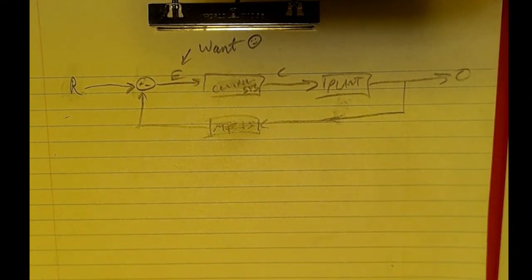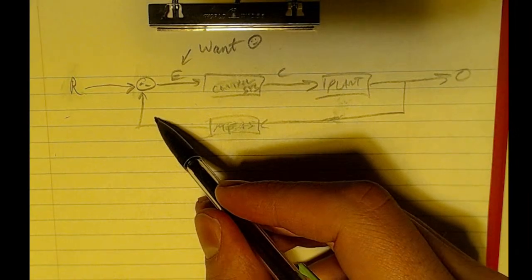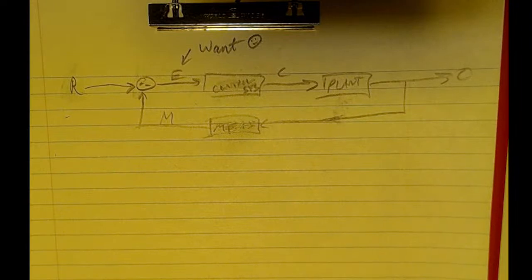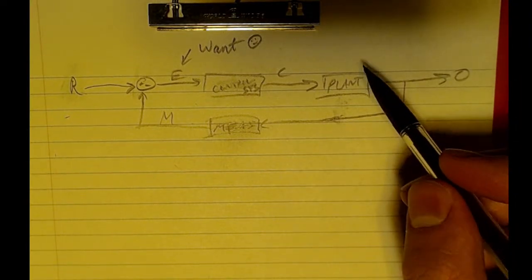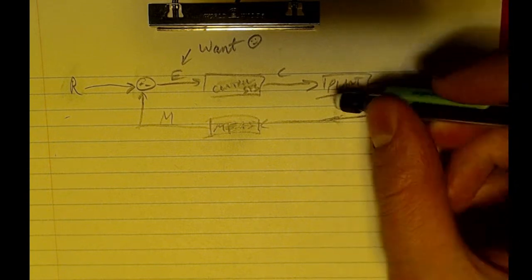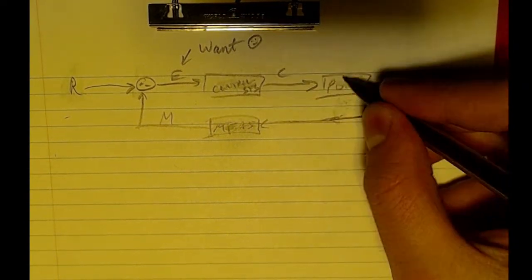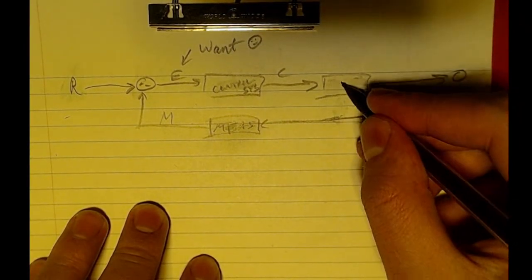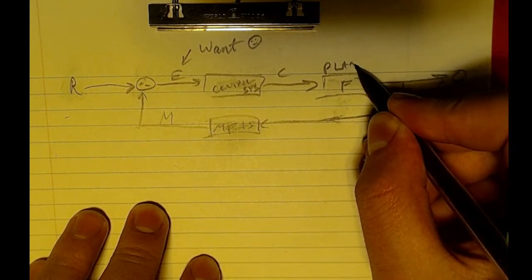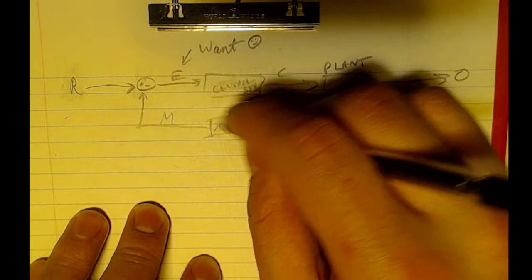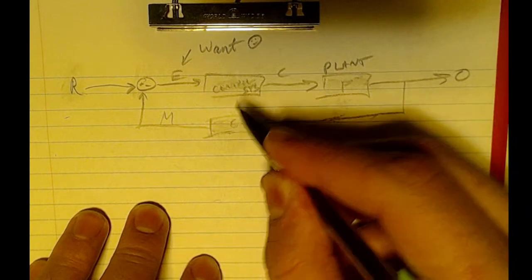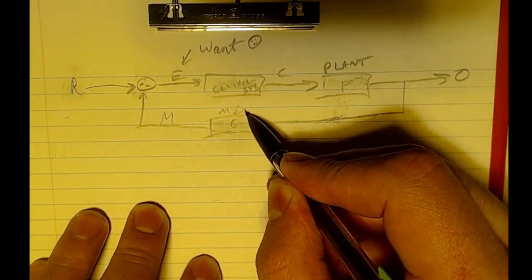I think, so let's call this, I don't know, let's call this M for measured. And let's call the plant, I think it's typical to call this F. Well, let me write it above. I'm pretty sure it's typical to call this F. I'm struggling to remember the usual notation. And we usually call this measurement G, right? Man, I should just look it up.